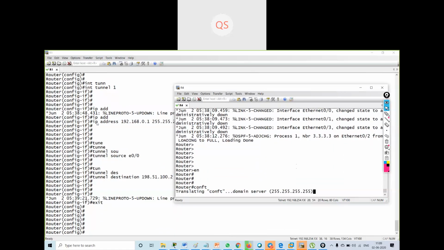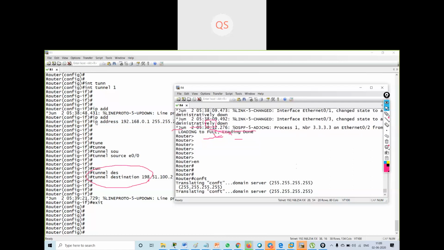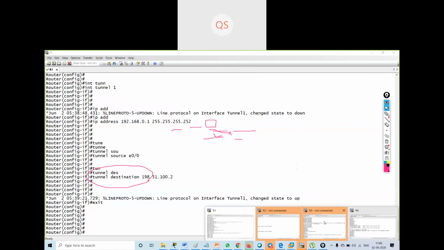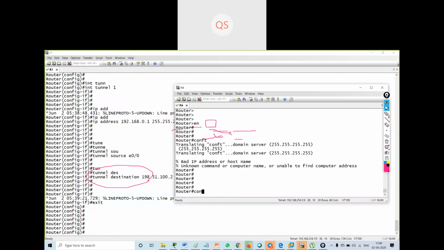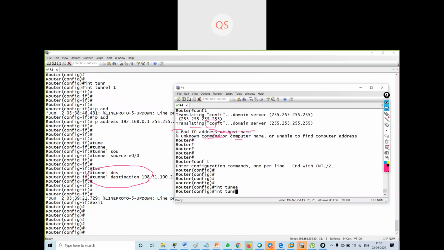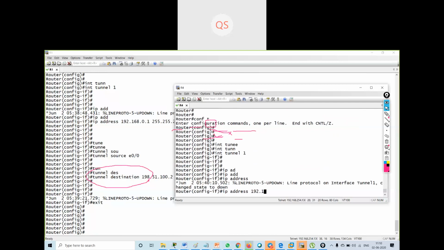Same configuration I will do on R4 also. Enable, config T. I'll say interface tunnel 1, IP address 192.168.0.2.